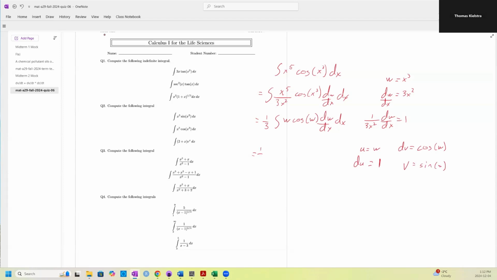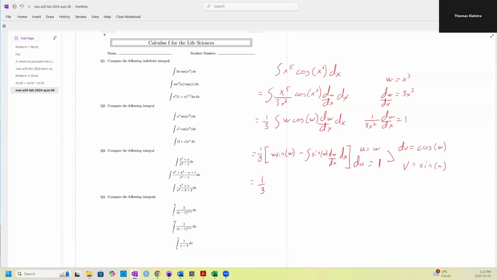This equals 1/3 alligator w sine w minus the integral of sine w dw by dx, which